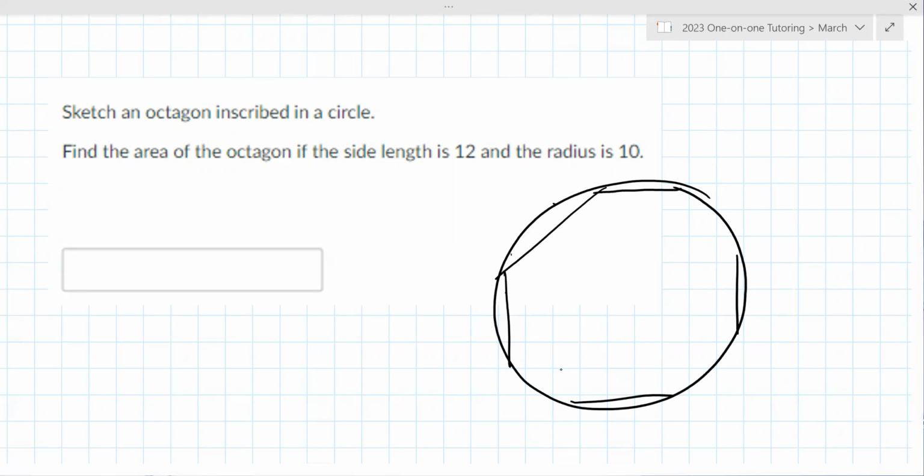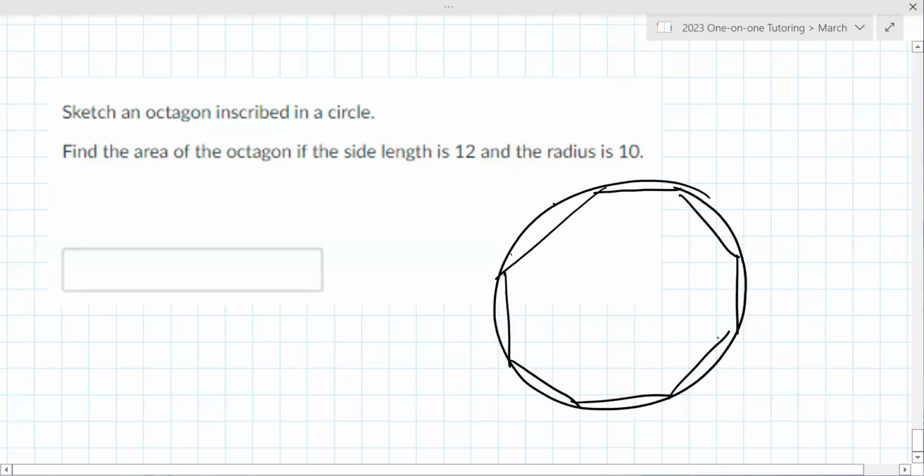Why am I struggling here? Okay, there we go. That's 8 sides. All right. So the side length is 12. That's that one there. And then the radius, which is the hypotenuse of the triangle, is 10. And then you can find,